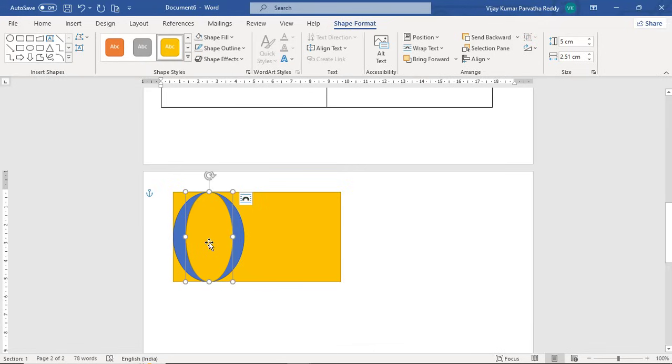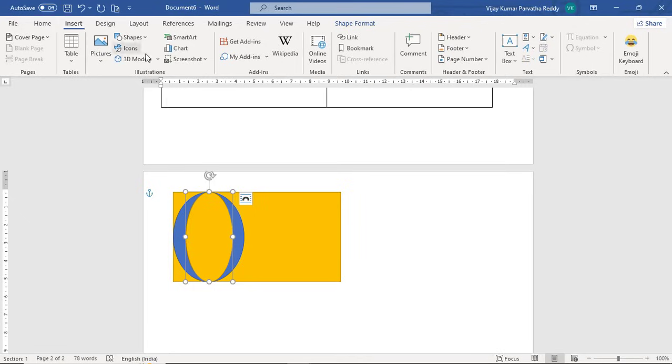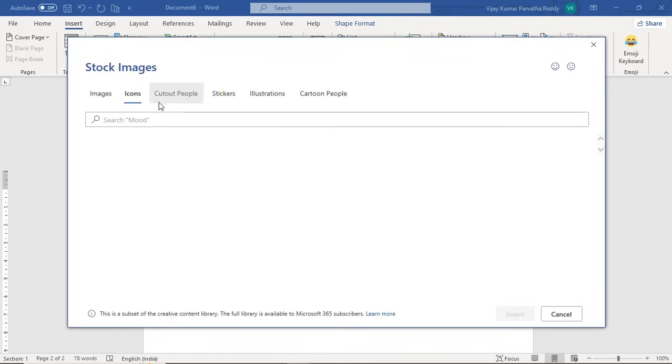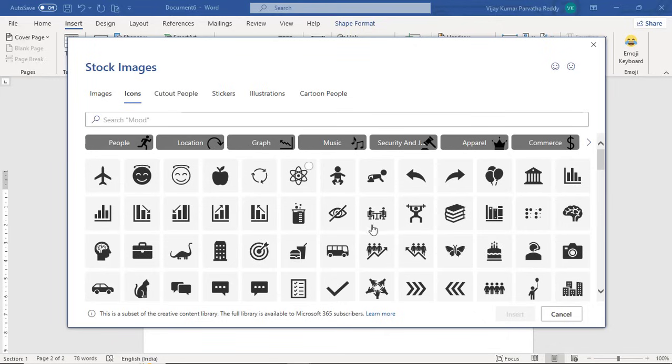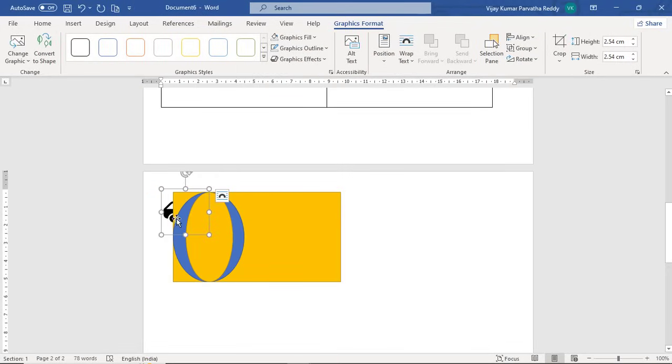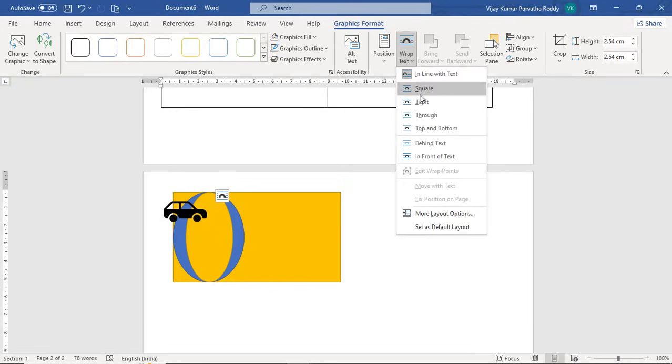Inside that I can place any picture. Suppose I insert some shapes or icons. Suppose your company is travel related, I am inserting the shape and aligning it by using wrapping text,